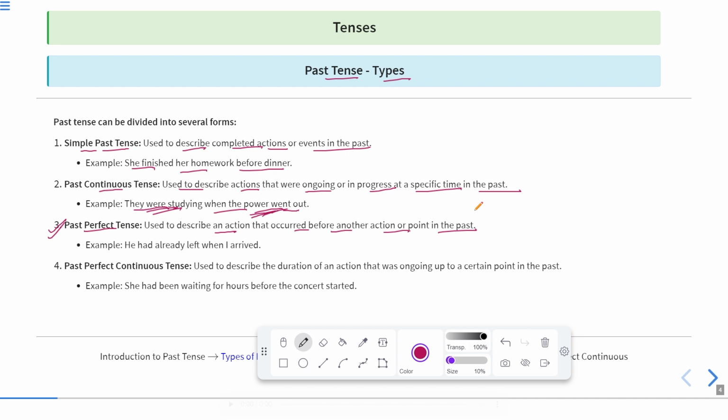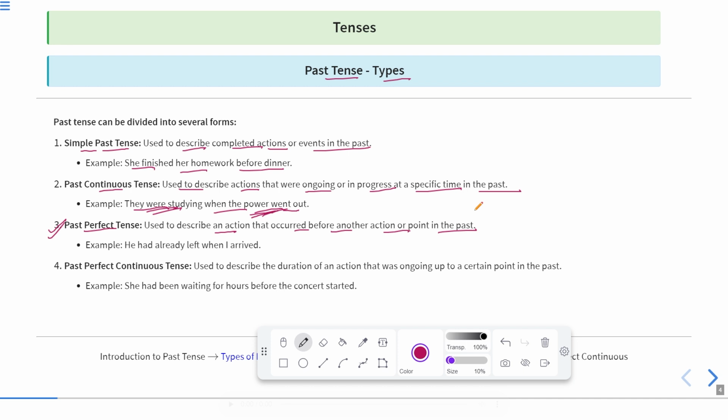For example, there is a classroom and the teacher arrives in the class. Okay. Now, she asks everyone, what are you doing? Okay. So here everyone replies that we were studying our notes, suppose. Okay. So the sentence can be made that the students had studied notes before the teacher arrived. Okay. So some action had taken place before some action in the past.